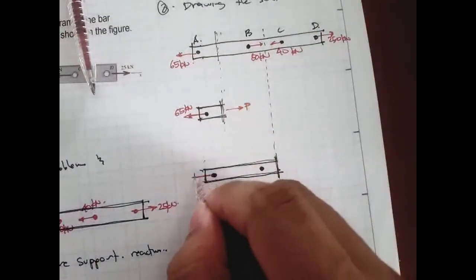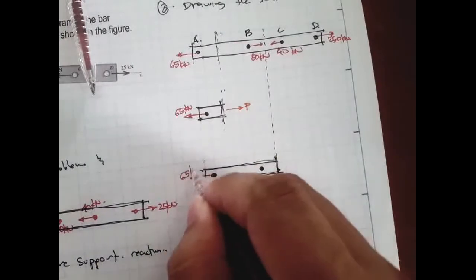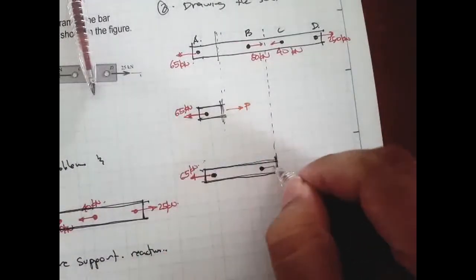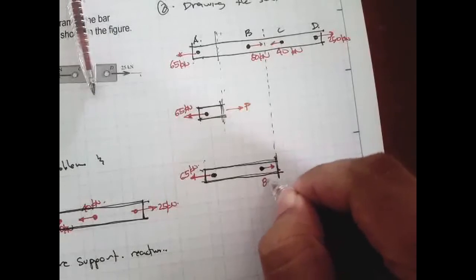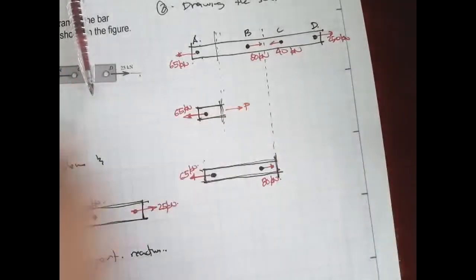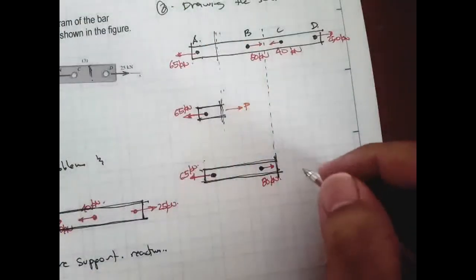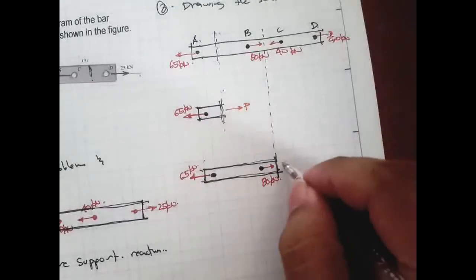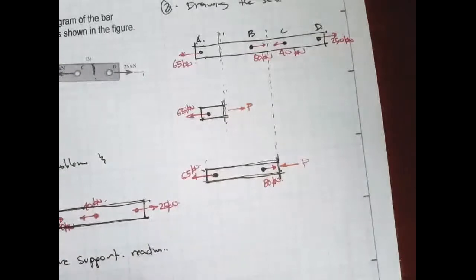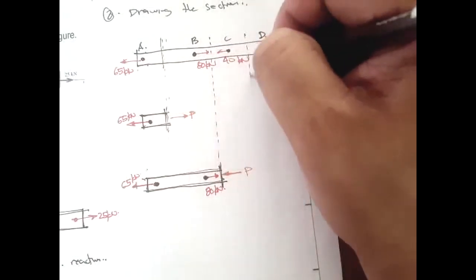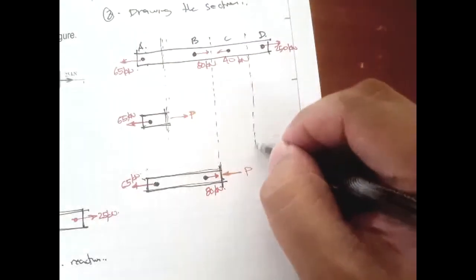So this is 65 kilonewtons, and this one is 80 kilonewtons. And also I'll have internal force P right here. And if I want to check the internal force between C and D,